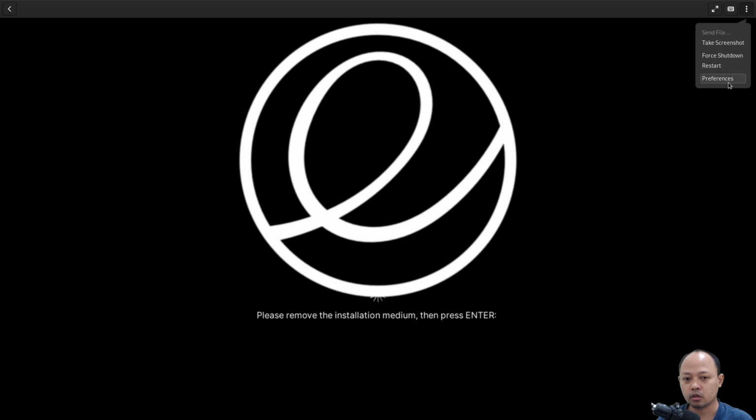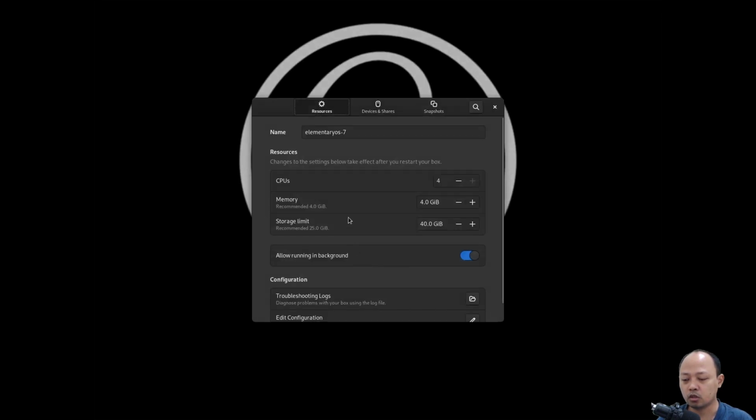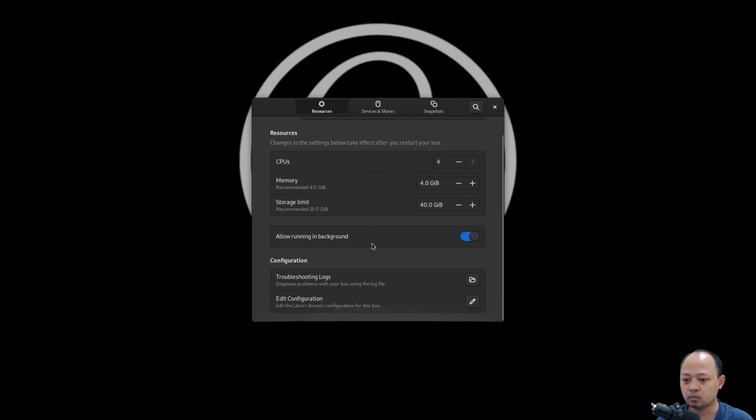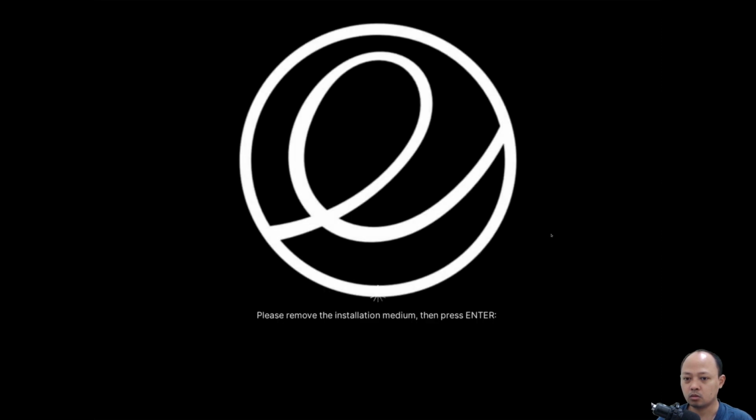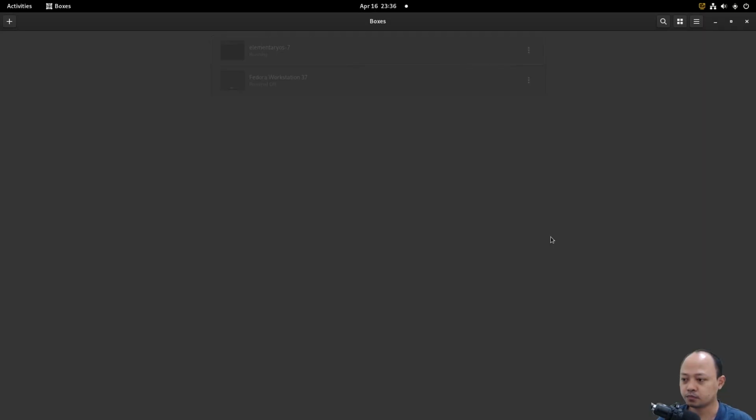If I remove the installation medium from here, it doesn't do anything, so I will press Enter and then click this VM and then maximize the window.